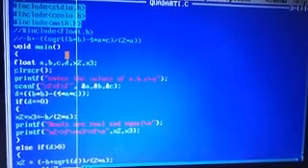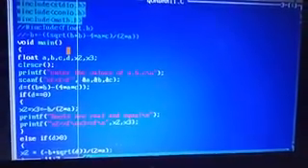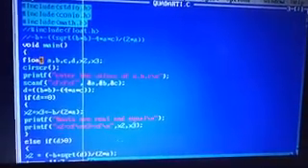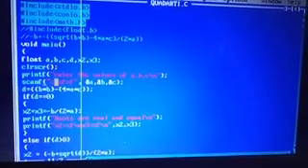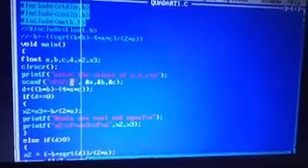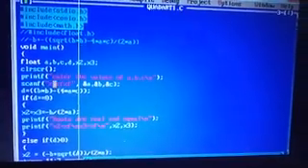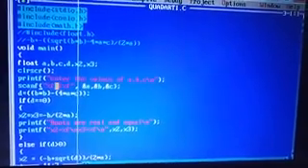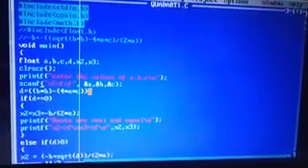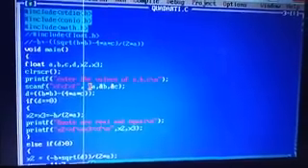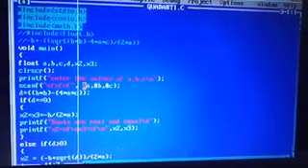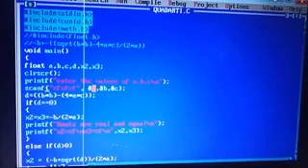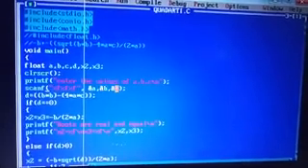Here I have taken %f. Why %f? Because I have declared all the variables as float. In case I had taken double, then instead of %f I should take %lf. If I had taken integer, I should take %d. And ampersand a, where a is the variable. Ampersand indicates the address. It holds the base address of variable a. Here also the base address of variable b, and base address of variable c.